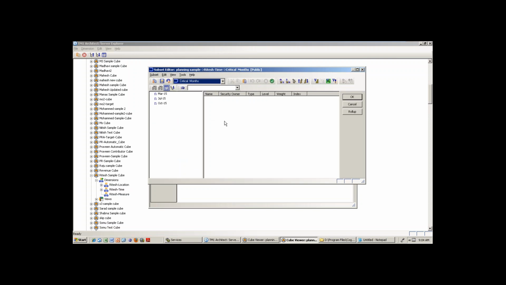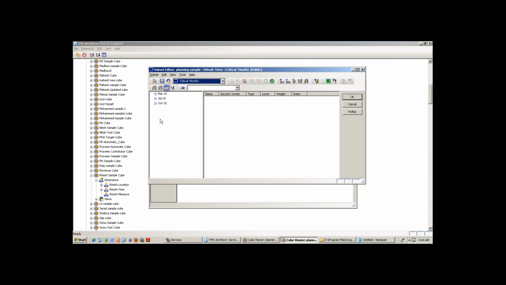Say for example critical months here. It's a subset, right? Now these are the criticals. So I want to show always in the drop down the critical month list, every time. For example, in future, if one more month is added to the critical months, I want to show it dynamically.